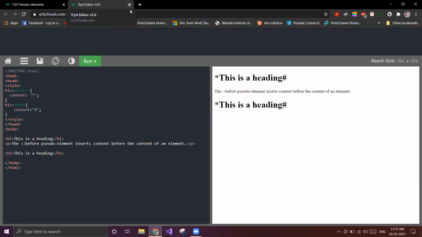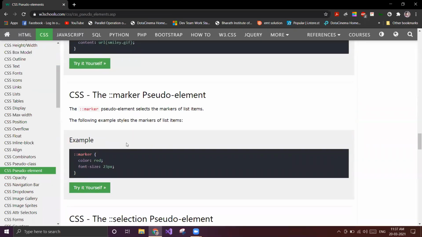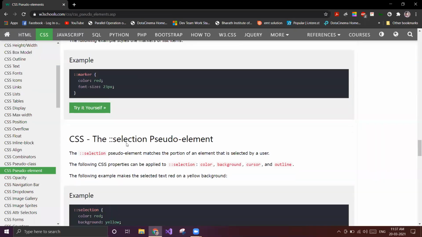So this is how actually UL li elements are working in the backside. When you are creating li, what happens? A dot comes, isn't it? So that is actually nothing but before. We can't see it, but in the backside, that's what is happening. They are applying the before. So we saw before, after.